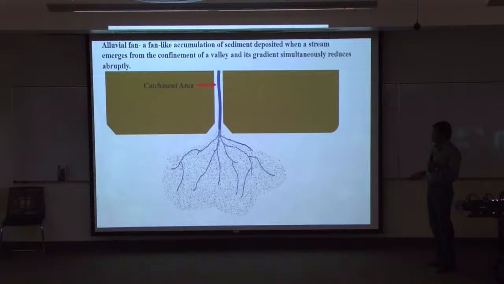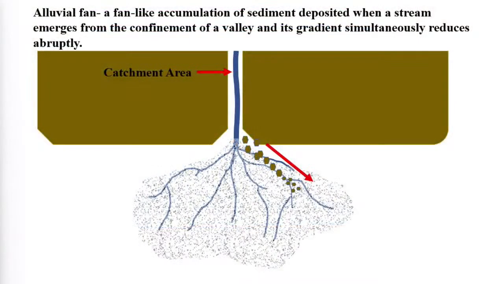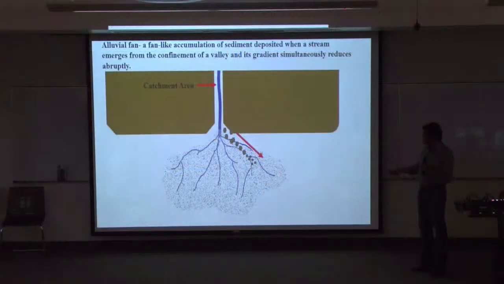What's important to note here is that as it's depositing sediments, it's depositing the coarsest grains, or the largest sediments, at the highest point in the fan. And lower down towards the toe, you get finer sediments. So it grades sediments from coarser to finer, because the water, when it's exiting the valley, is moving the fastest and slowest at the toe of the fan. So that's where it deposits the finer sediments.